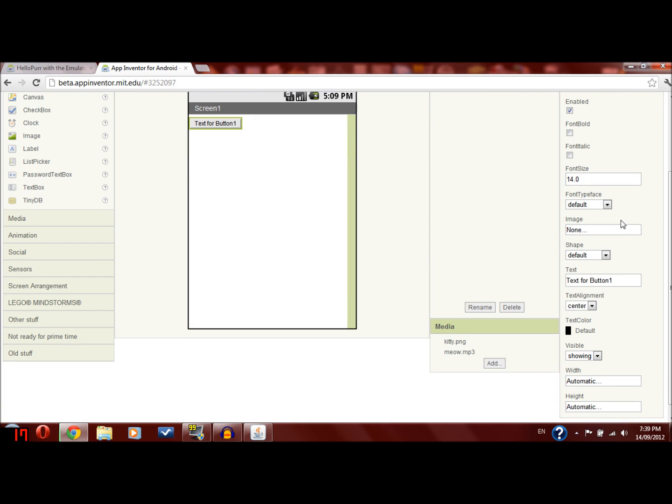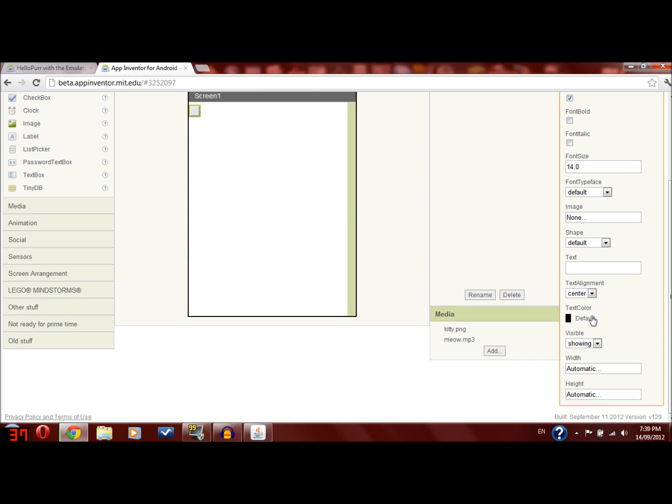Image, you can, and I'm going to do this in a second, but you can adjust the image of the background of the button if you need to. Text, if you want the button to say something, leave that blank if you don't, and I don't, so there we go. Text alignment, pretty self-explanatory. Text color, visible, yep. Width and height, I've set them to automatic, and I will in a minute, because as I choose the picture,